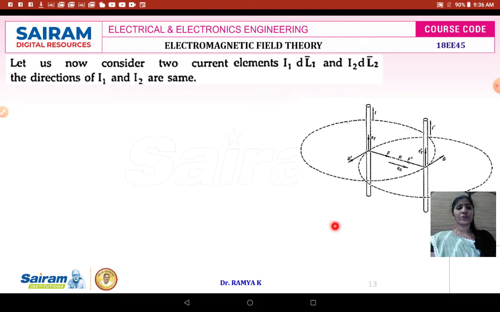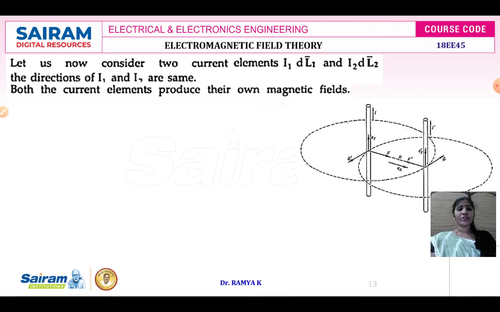Now consider two current carrying elements, conductor 1 and conductor 2. Conductor 1 carries a current I1, and conductor 2 carries a current I2. Both conductors carry current in the same direction. The differential current element in conductor 1 is I1 dl1, and the differential current element in conductor 2 is I2 dl2, and the direction is the same. When both current directions are the same, there will be a force of attraction between the two current carrying elements. But each current carrying element will produce a magnetic field.